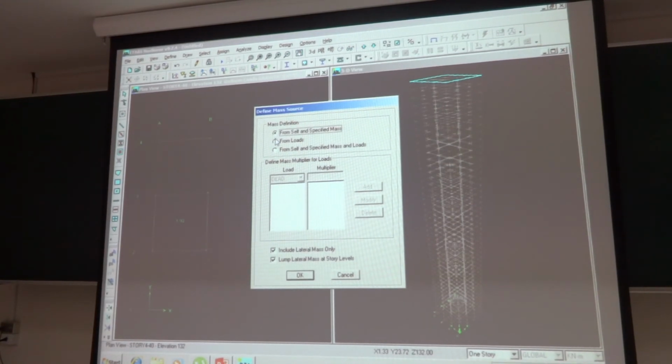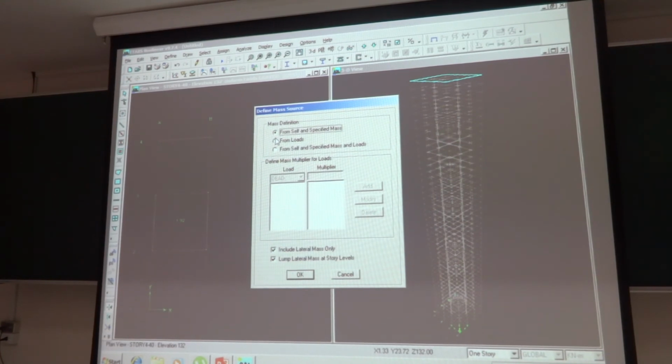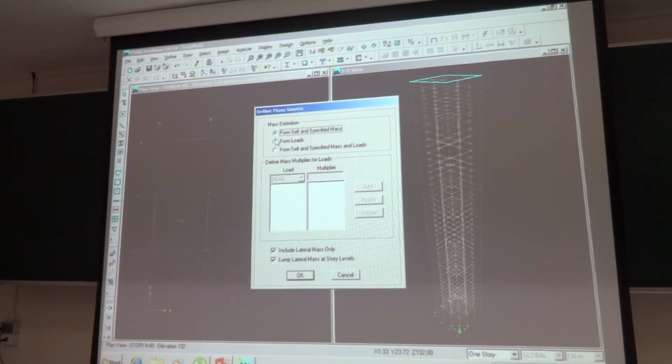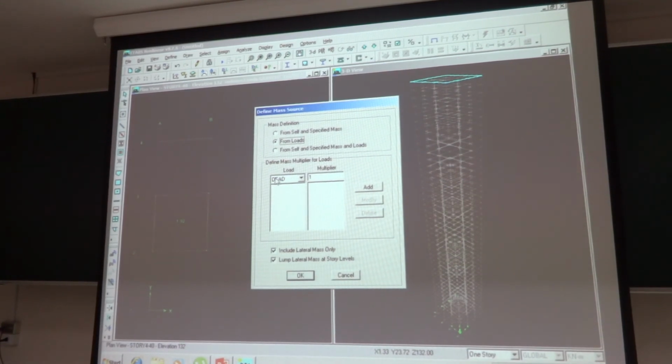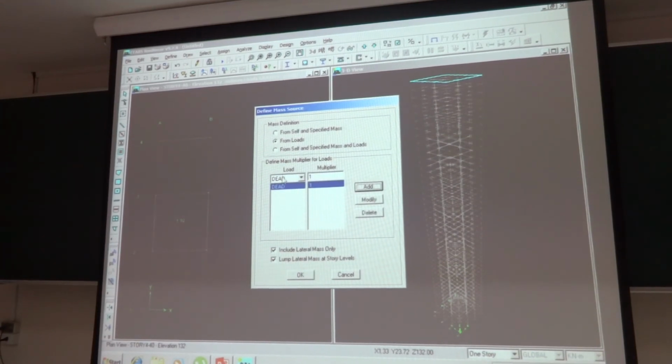So if you select the first option, the program will not consider the superimposed dead load, which is also acting as a permanent loading, like the floor finishing and partition walls. So it will neglect those masses. And from loads, I prefer that one. We can specify the load cases that we want to consider as a mass. Normally we consider dead load, self-weight of the building,